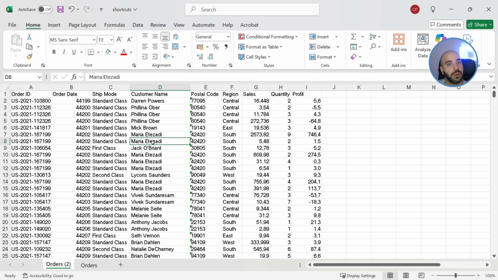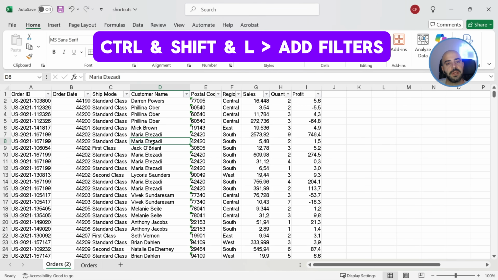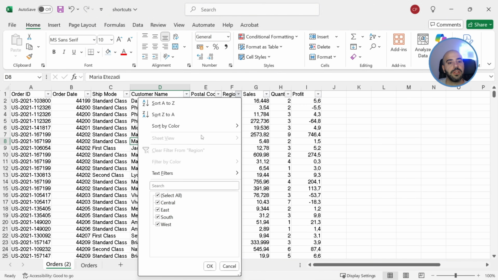Now, when we are working with a dataset, we might want to filter a column based on certain values. In order to add filters on the column names, you can just press Ctrl, Shift, and L. And here, for example, I can go into the region column and select to only see rows that correspond to